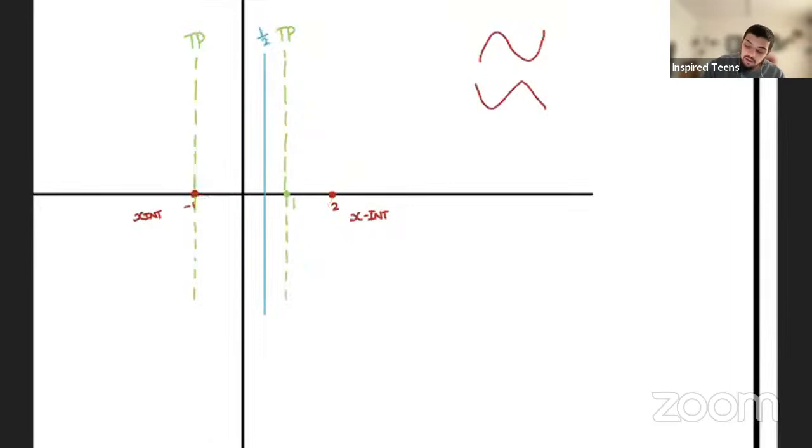So instead of starting off with a sad face, we should start off on top with a smiley face. So we start off with a smiley face, then we can go down here, turning point again there. Okay, it's a bit difficult to draw. Smiley face, turning point, x-intercept. There we go. So now we've drawn this, and we can check that at half, it is now increasing, and